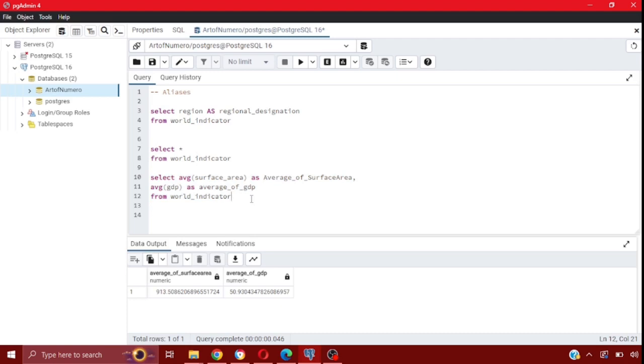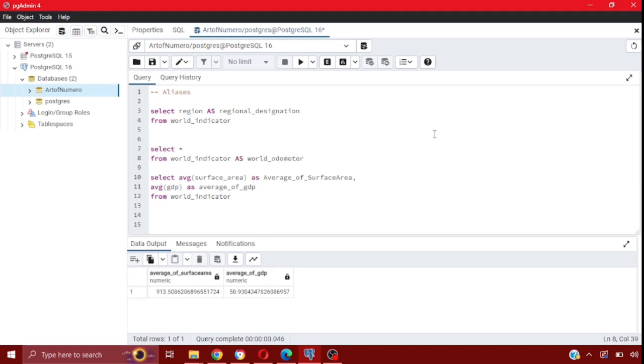And you can also use an alias for the table. So let's say I want to get GDP from the table. I already have it here, so I can just run that instead of rewriting it. So from the world indicator, I'm just going to call this AS. As you can see, I put AS here with capital letters and here with small letters. It still executed all of them. It's just not important. So let's call the world indicator table now as world odometer,